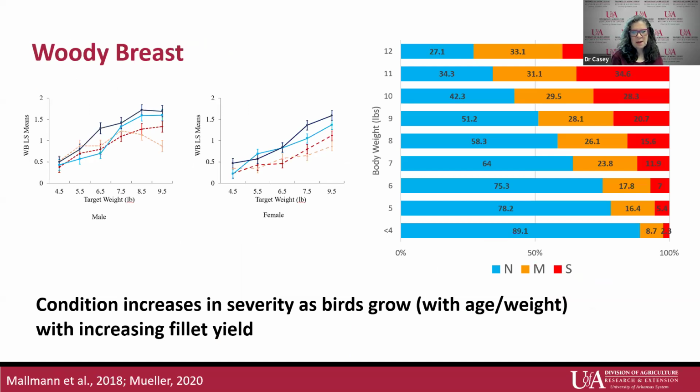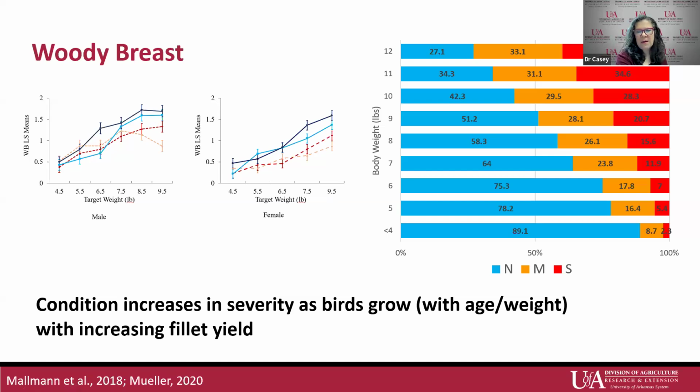So how does woody breast occur in the bird? They've got a couple of slides here on the left that represent male and female, those that are processed at a smaller bird weight and moving on up. And so typically we're seeing an increase in woody breast as the birds get bigger. And that's across different strains. There are some high yielding strains that have a little bit higher degree of woody breast compared to standard yielding